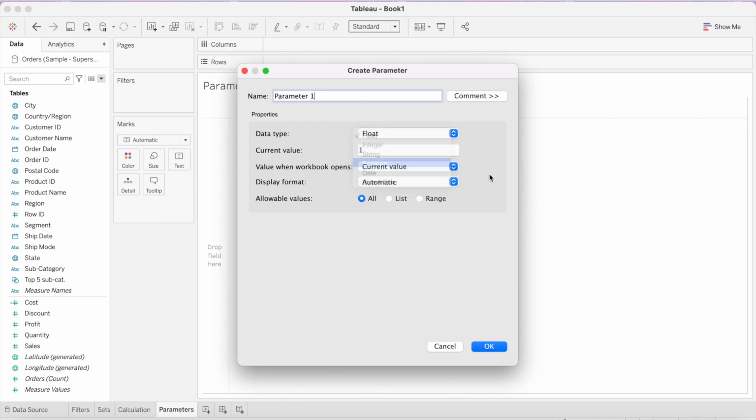Now this is only in relation to the values that we actually get the parameter. This is not in relation to what we actually display. So what do I mean by that?